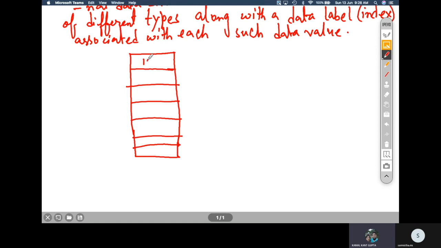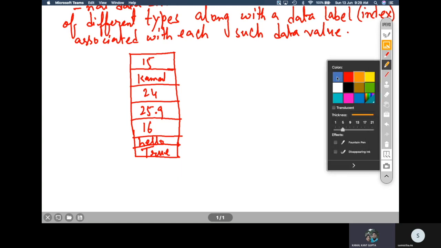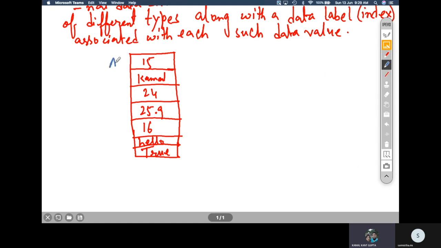Say, for example, we have 15, Kamal, 24, 25.9, 16, hello, true, like that. We can have multiple values, and each of these values is associated with a data label, which can be A, B, C, D, E, F, G.